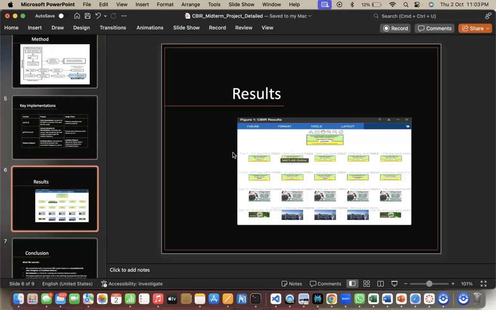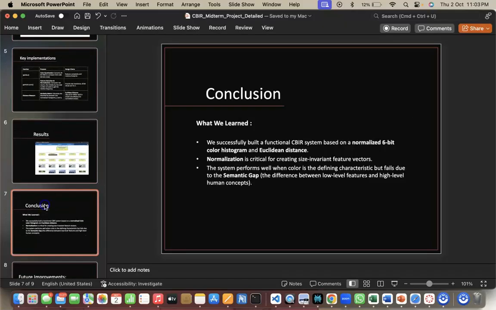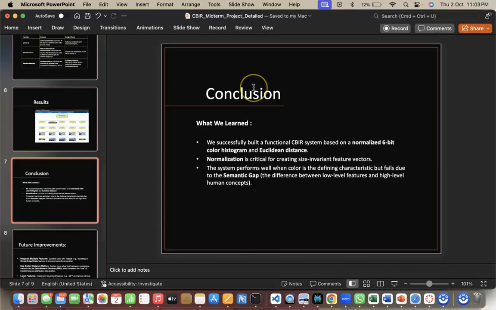Grid layout format. You can extract from this and use it for whatever you want, like for some research purpose. So this was our result, a sample result. I can show you our demonstration at the end of this video, so you can watch it and enjoy it. So, coming to a conclusion,